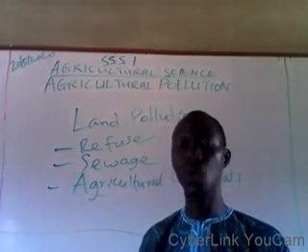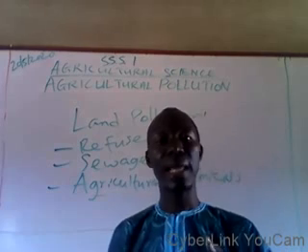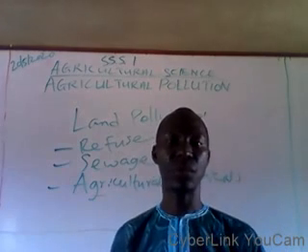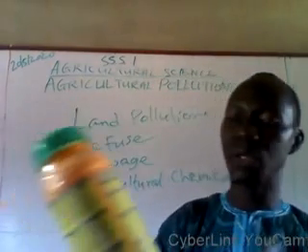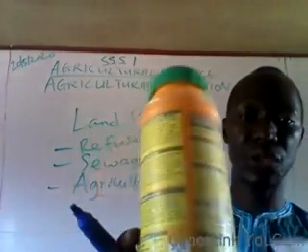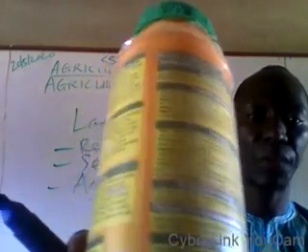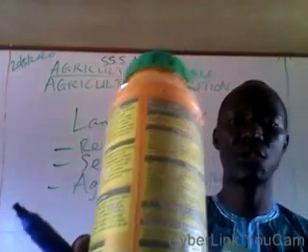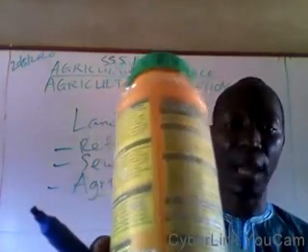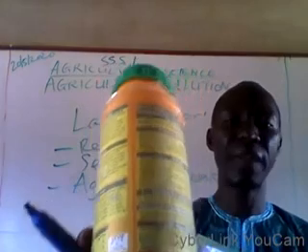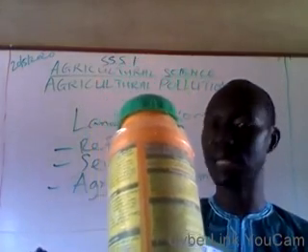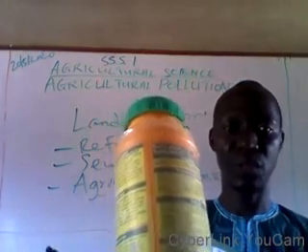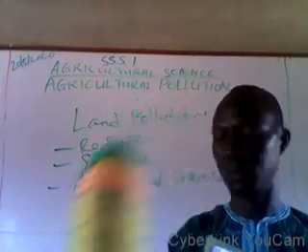How do we control them? You should use agrochemicals by following the instructions on the label. Every chemical has instructions. Can you see there are so many instructions on this one? If you are asked to apply 2 liters of this on 5 hectares of farmland, do so. Don't increase to 7 liters, because that will constitute pollution.